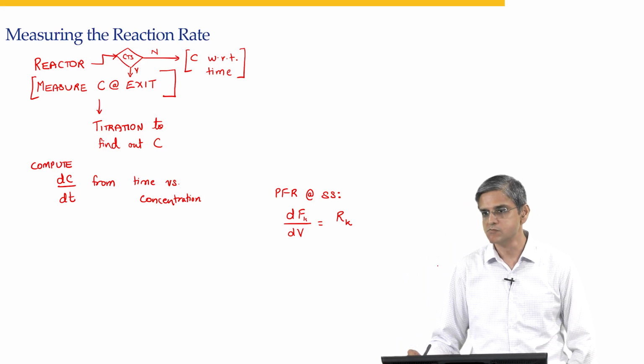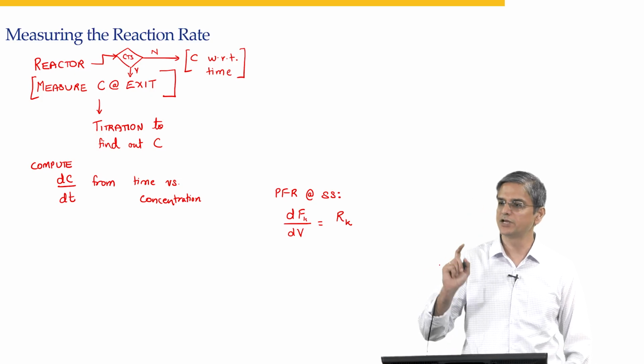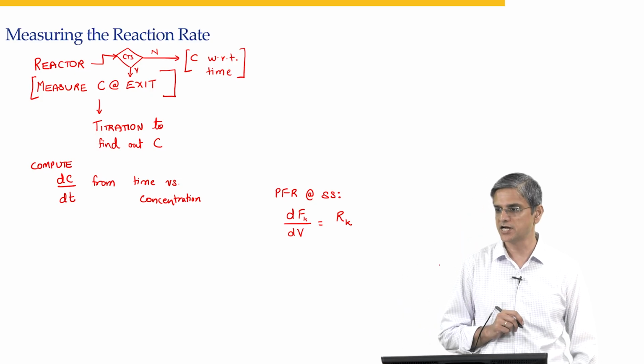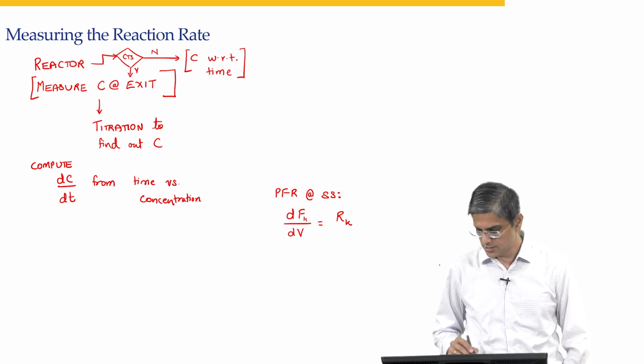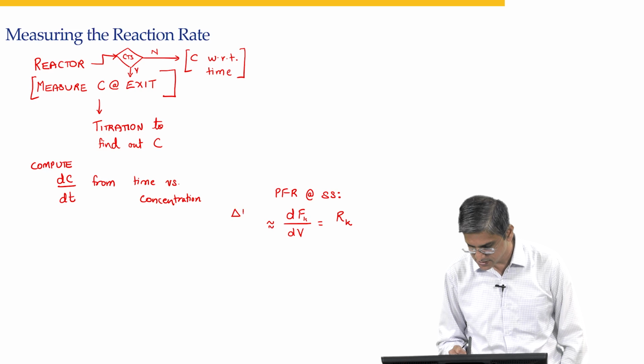So, you run the reaction under conditions in which you can isolate one particular reaction. And we will write dFk by dV as